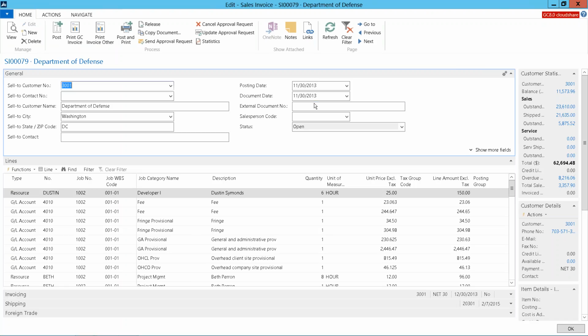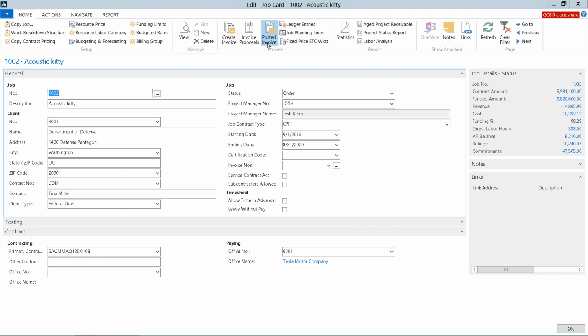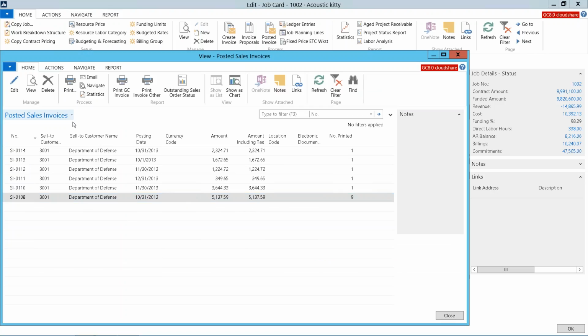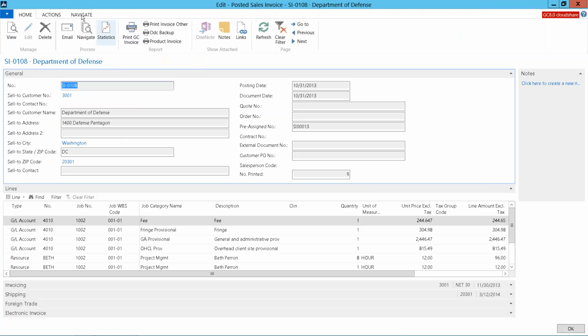So once I've created that document, if it needs to get approved, you can send it as an approval request. This leverages SharePoint. It drops that document into SharePoint and sends an email to, in this case, the project manager, and the project manager can approve or reject that invoice. Once you get that approval, the status is going to change from pending approval to release status. And I can go ahead and post that document, and then it becomes a posted invoice. And then I can print it, email it, and you can see I can print it as many times as I need to. In addition to printing it on the different standard formats,